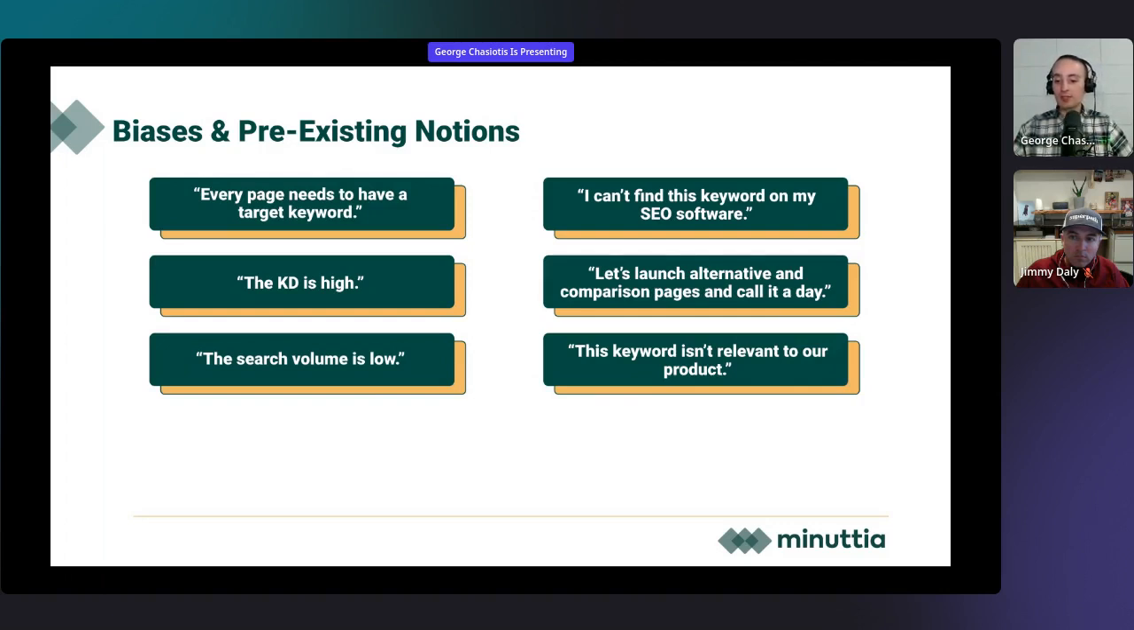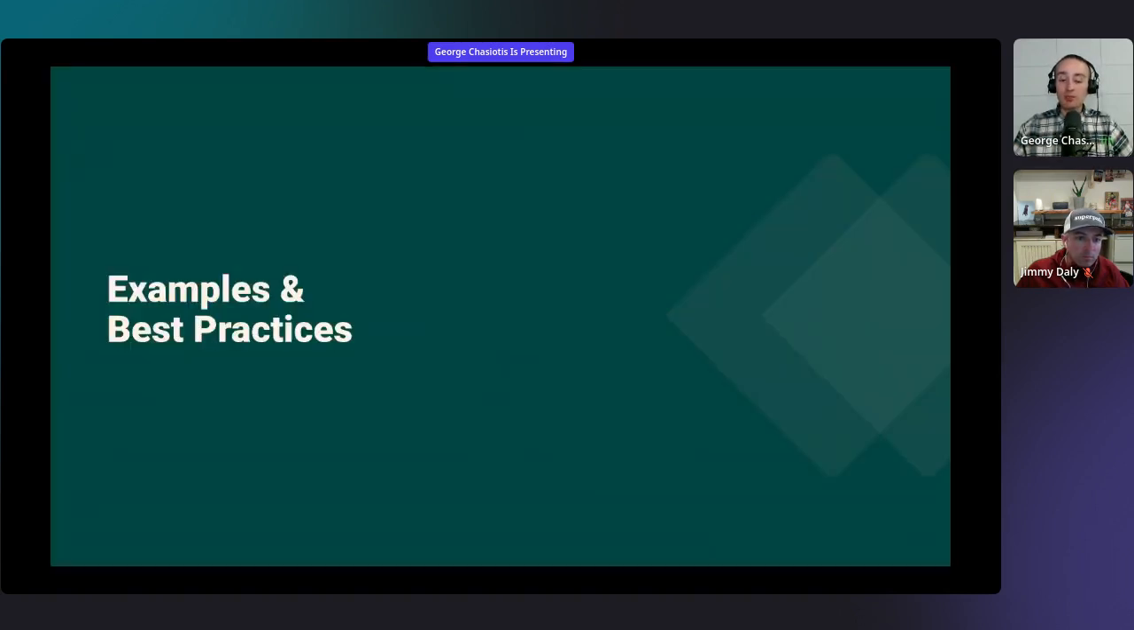And this keyword is not relevant to our product. It doesn't have to be, okay? You can't target keywords based on whether they are relevant to your product or not, right? We have some examples and best practices which we will not see, but you will have access to them through this presentation. Okay. Before we move forward to customer research, which is the last of the three,